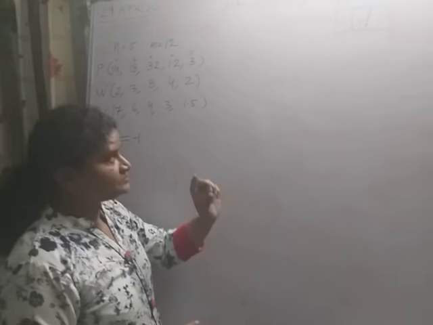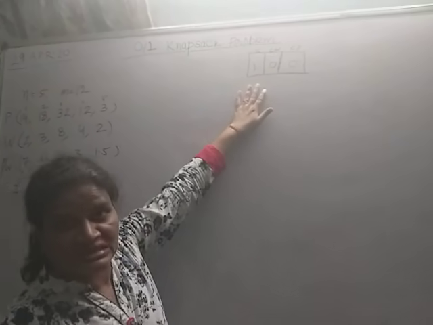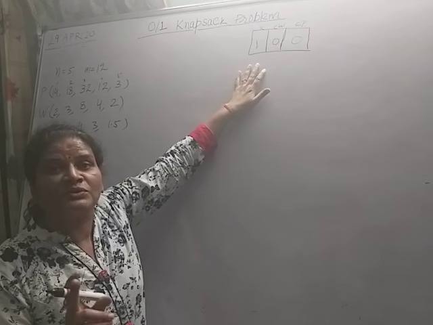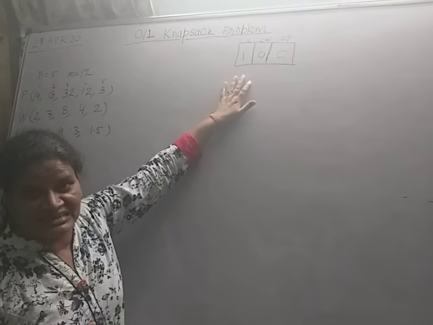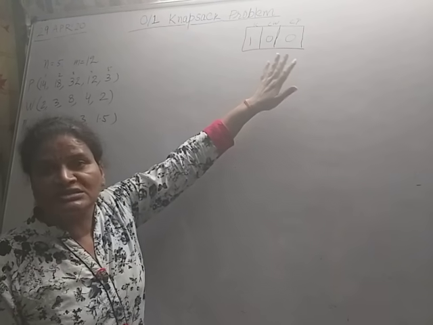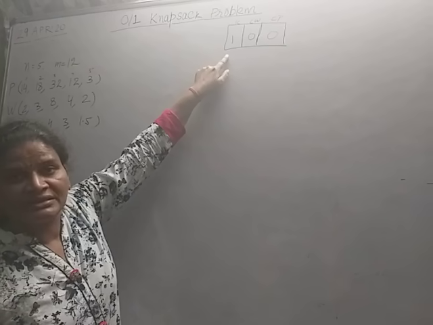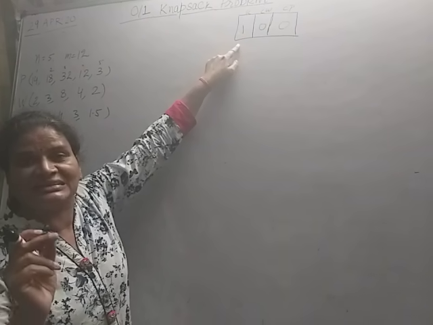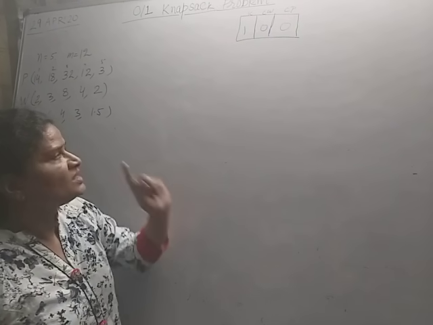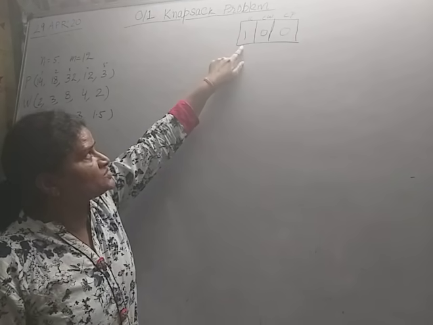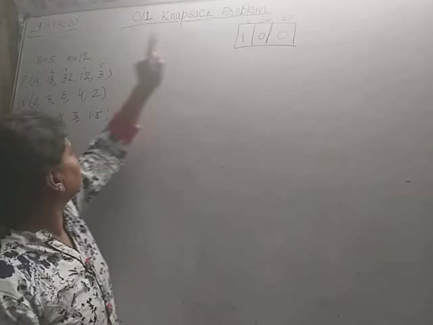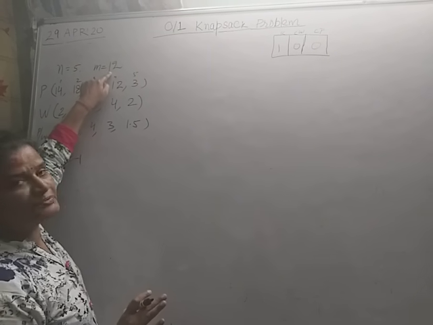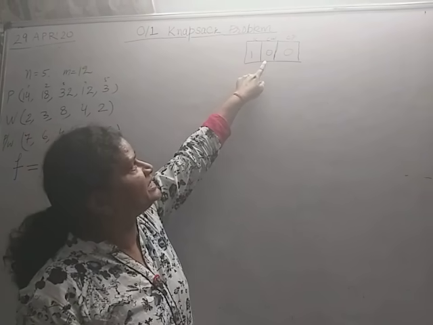Now carefully see, just after that I will give one example. You have to draw the state space tree. Here 1 0 0, where 1 is the object number, so at present I am going to take the decision for the first object. The first object weight is 2, and the knapsack capacity is 12, and the current weight is CW.